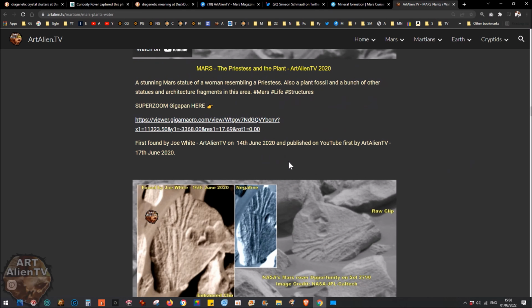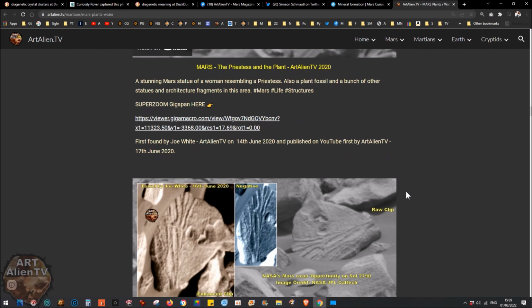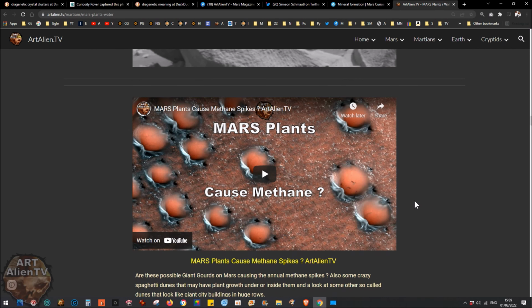Loads and loads of fragments, architectural fragments, fossils, preserved and mineralized skulls and remains, and also things like statues and other architectural fragments all over it, okay? This one is absolutely littered with it. So I recommend that. Then there are the giant gourds that I found about a year ago, a couple of